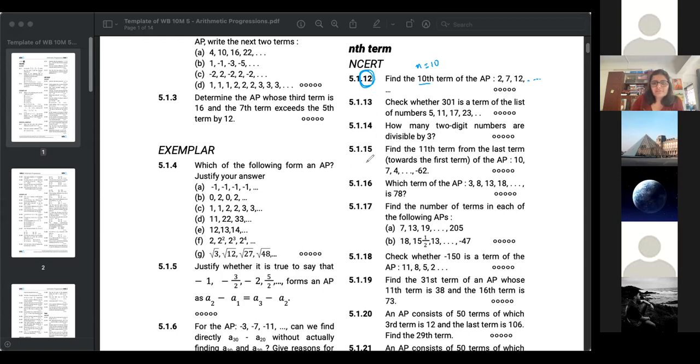So once you're done with 12, look at question number 16. Same concept, just twisted a little bit. Which term of the AP is 78? So you're given an AP. So all of these are in the series. यहाँ पे कहीं 78 आ रहा है, so you need to count कि कहाँ पे आने वाला है 78. हाँ, Dhruv got it. Good. So everybody do question number 16.